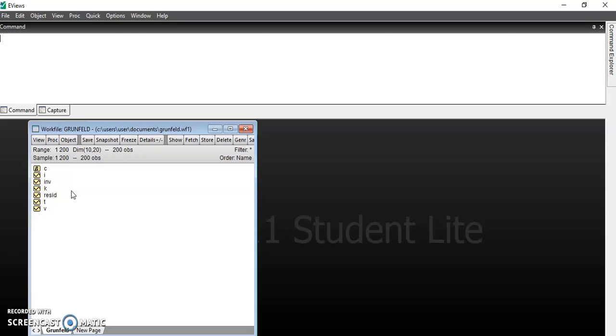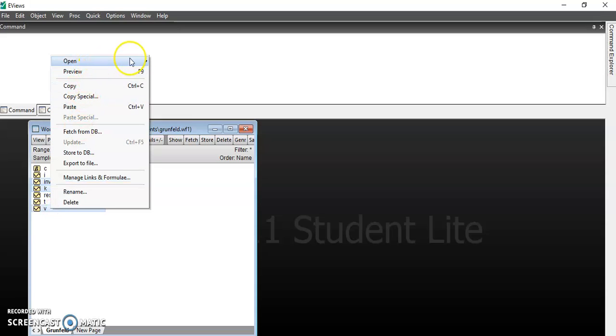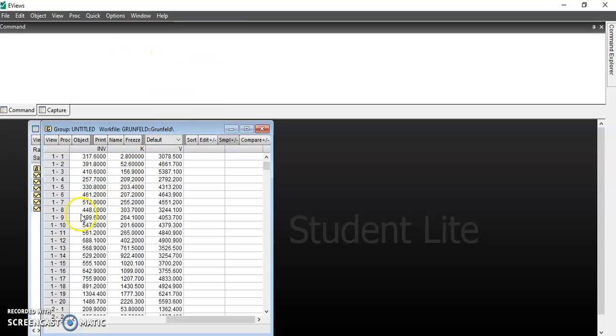Okay, again, if you want to open up your data, we click INV, K and V, open as a group. So you can see that for panel data, EViews already sorts the data as a panel. Okay, so you name this group as Group 1. After this, if you want to run the regression, the correlation and descriptive statistics, we can just quickly